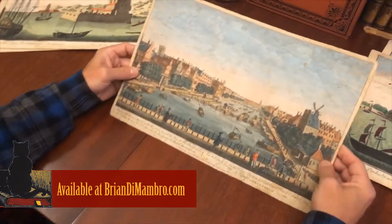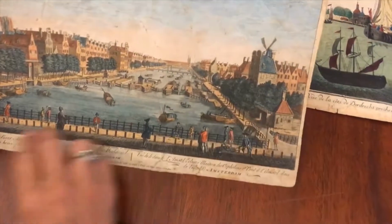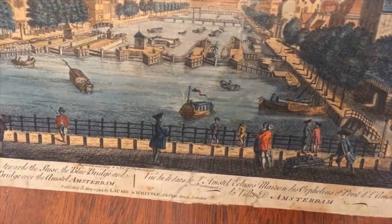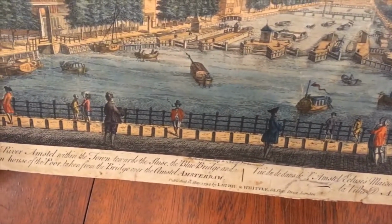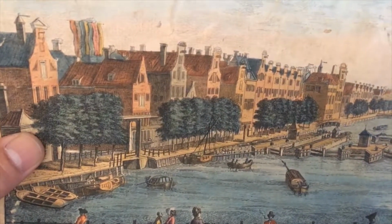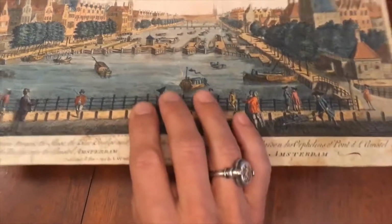Let's examine this late 18th century vue d'optique, bird's eye print of Amsterdam, the Amstel River. It's an active scene with a couple different people smoking in the foreground, all kinds of boats on the canal and numerous houses. The hand coloring is original to the print. It's of the era. And what is really interesting here is when we flip this over, we'll see that the